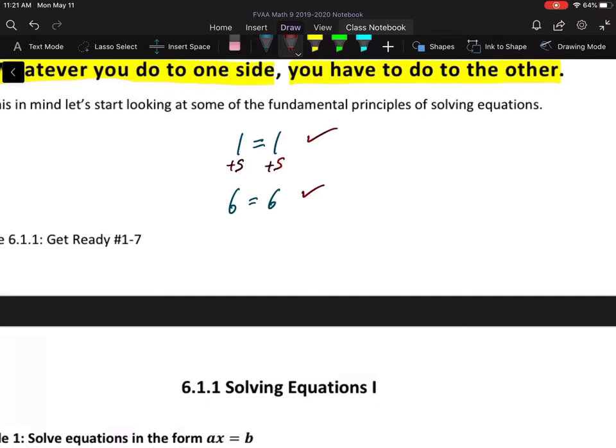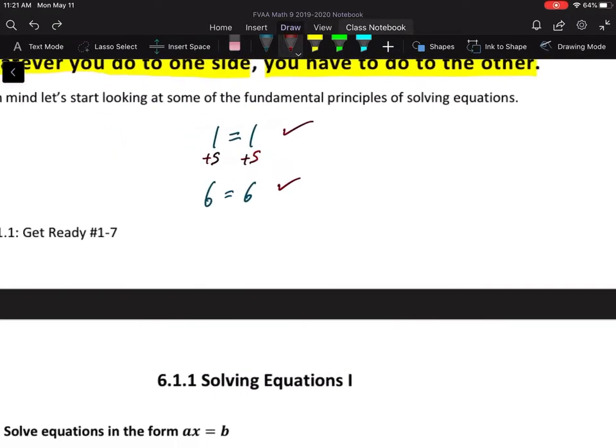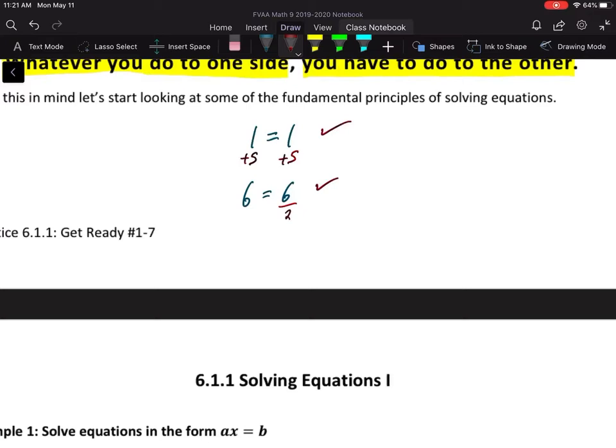If I just did plus 5 to one side, would my equation still be true? I would get 1 is equal to 6, and 1 is obviously not equal to 6, so it would be untrue. So that's why you have to do everything to both sides. Okay, even multiplication and division, right? If I divide both sides by 2,